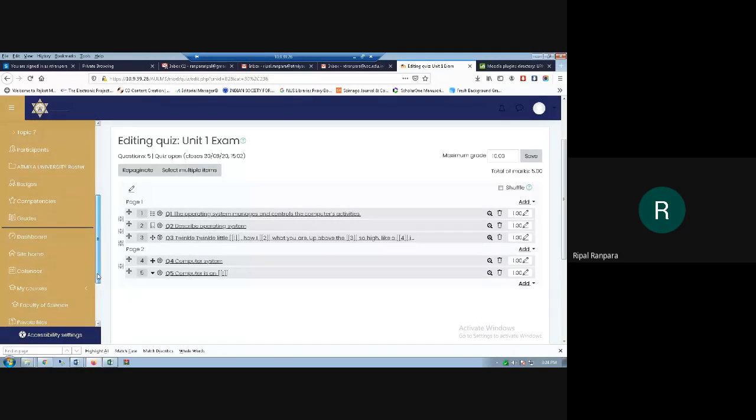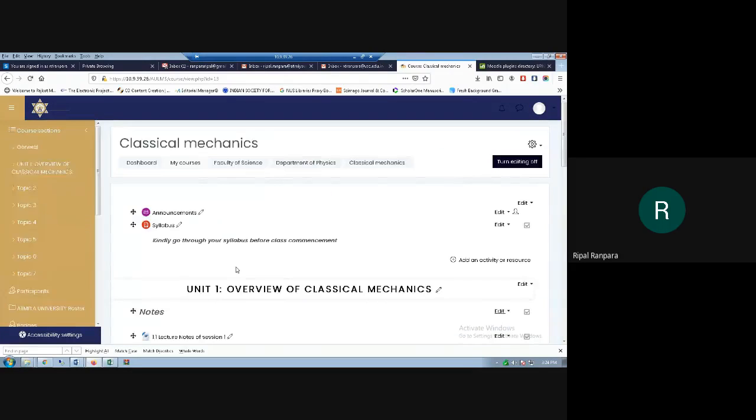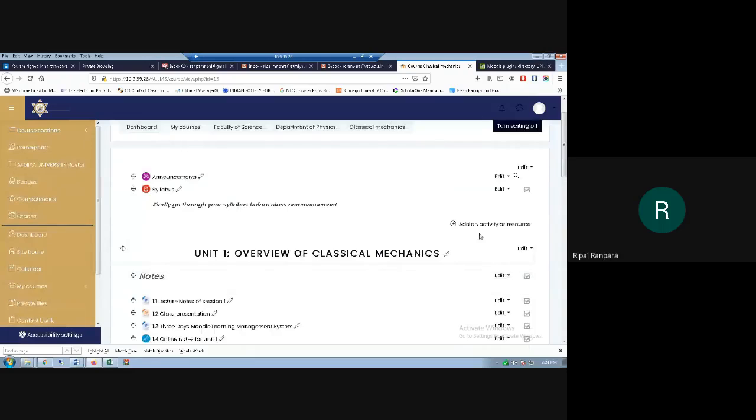How we can do this is, let me go to the class again, and click on add an activity or resource. If you want to configure Google Meet or Cisco WebEx in this platform, we can do it. So from here you can go live.